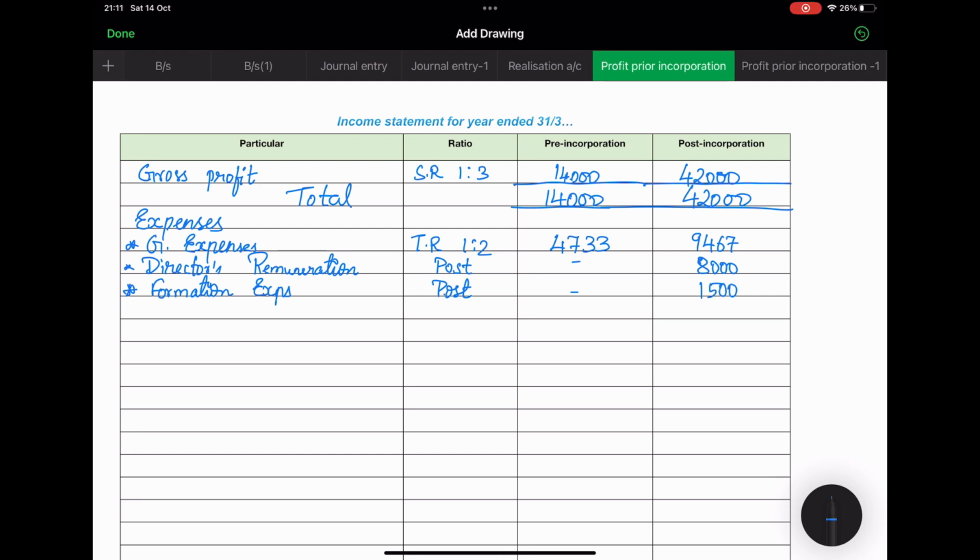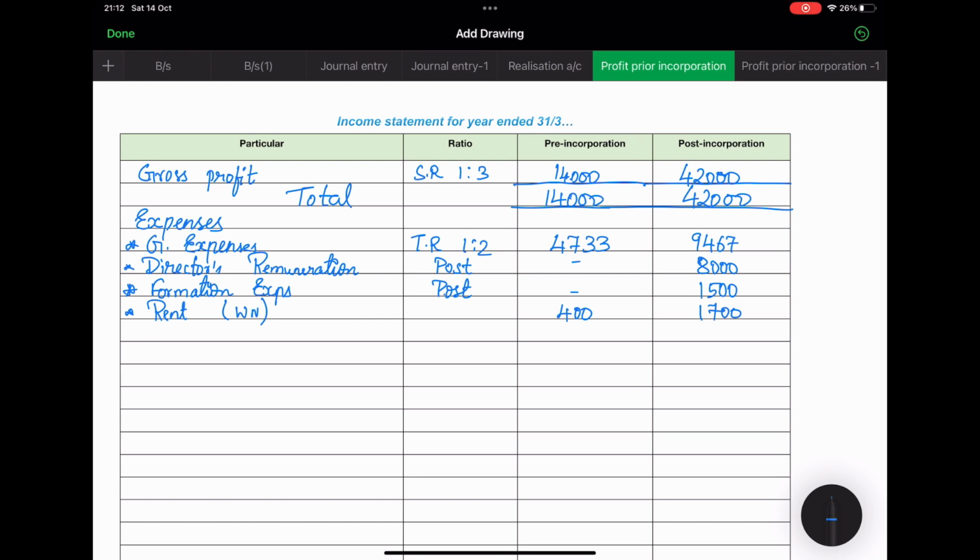Next we are having rent, where already we have calculated. I'll just write it as working note. So this is based on time ratio, but since we have calculated, we don't need to write this time ratio over here. 400 and 1700. Next we are having